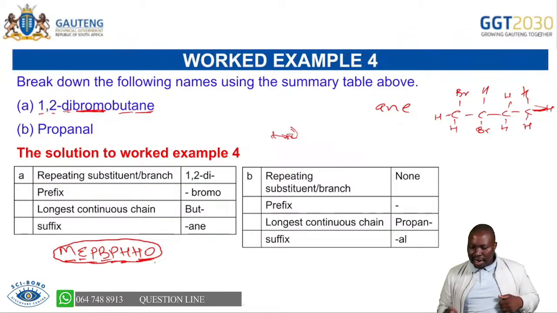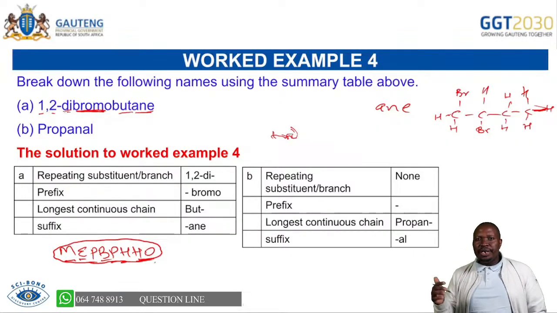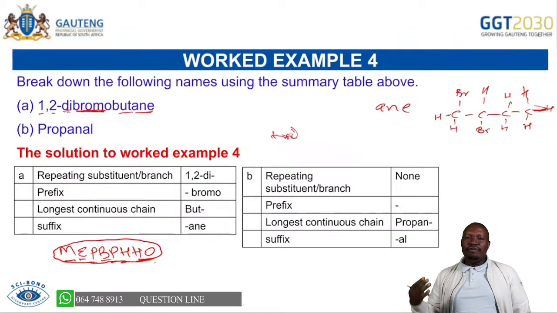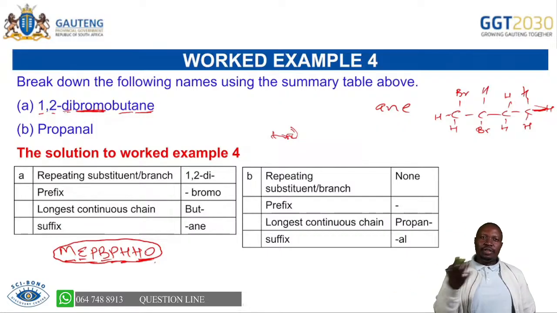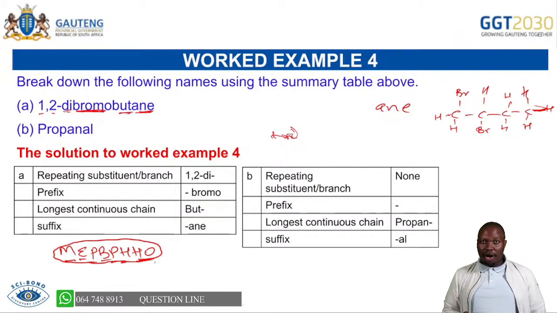So we are saying that as long as you have bromo, methyl, ethyl, chloro, you will always start with them in a name. But we said we name from the suffix to the root. The suffix is a, the root is but because it's 4 carbons, and the substituents are bromo in carbon number